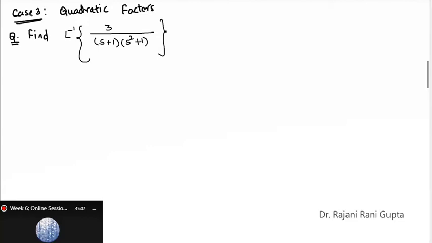We have to find the inverse Laplace transform of this function, which has one linear factor and another factor that is quadratic. So what is it? We start by using the rule of partial fractions. What the rule says is, if you have this term, then for the linear term it is the same, A over s plus